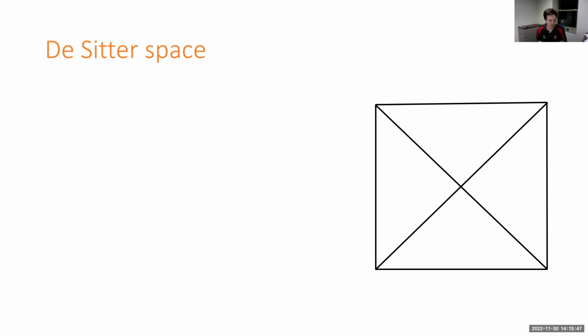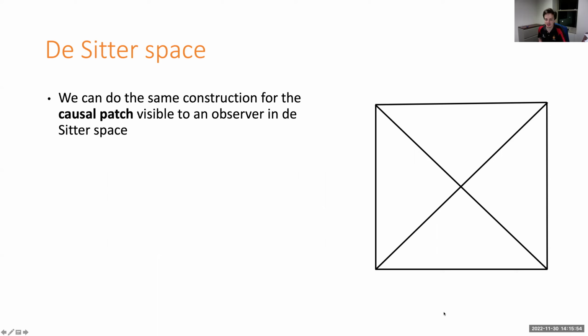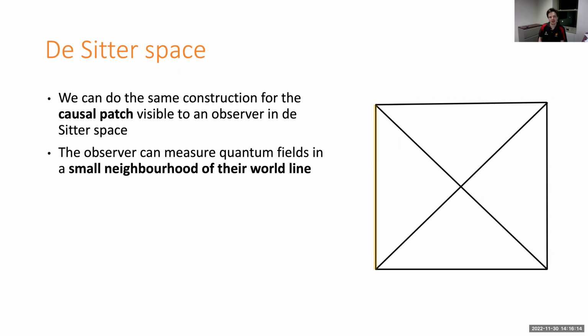What I want to talk about a bit is how this all works in de Sitter space. So in de Sitter space, if I have some observer, say sitting at the north pole of the space, they have some causal patch, some static patch that they can see. That's bounded by some horizon, and the generalized entropy of that horizon again seems to have some sort of interpretation as entropy. So we'd like to argue that it's in fact the entropy of everything that can be seen by this observer going along this world line.